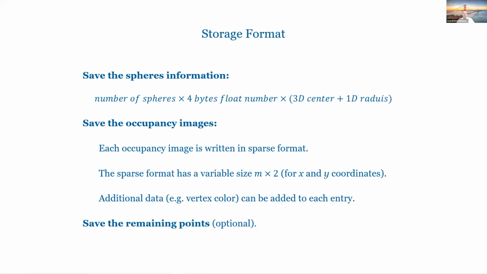Then a lot of points become nothing but the number of spheres times, if you say center and radius are floating point, 4 bytes. So one center, XYZ, one radius, one floating point, total 4, times however many bytes you use for floating point, 2 bytes sometimes, long is 4 bytes. That reduces your entire data to minimum size. The occupancy is also sparse, so we could just use a linked list or something nice for that. But basically you just want the IJ values of occupancy, as to where it's on. You guys agree?